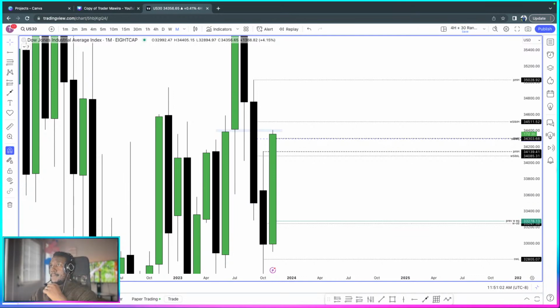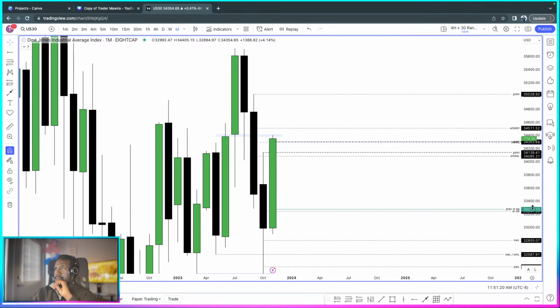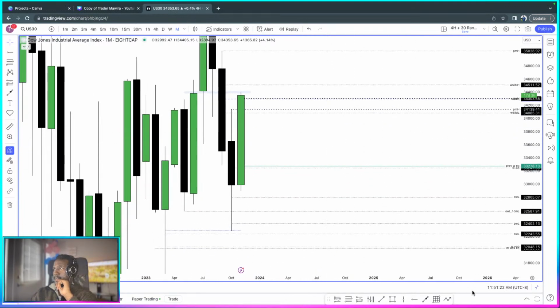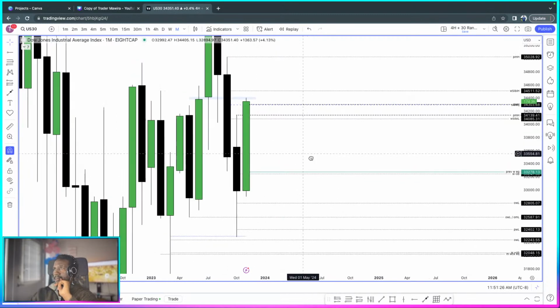Okay. This too low. So when talking, minus 35 is good. Okay. So previous month high is marked. That's good. Previous month low. Yeah, we can worry about that when we get there.